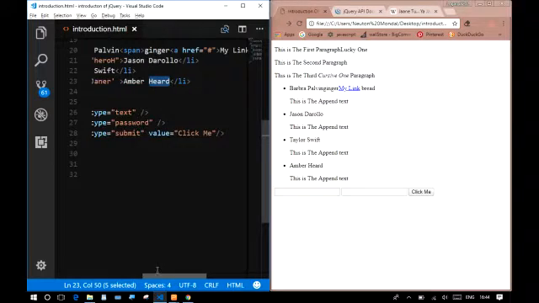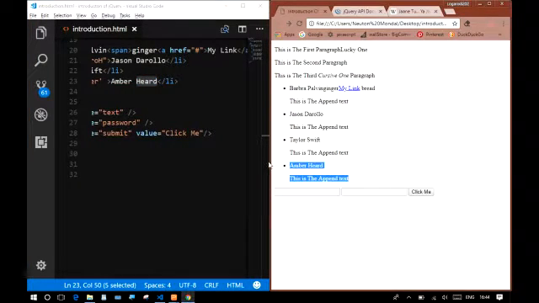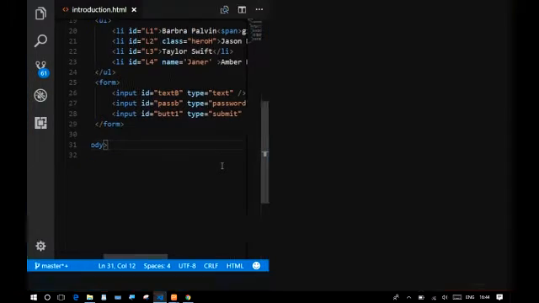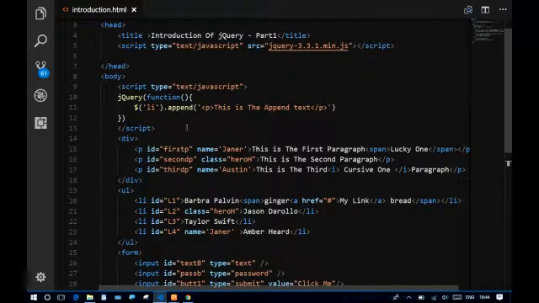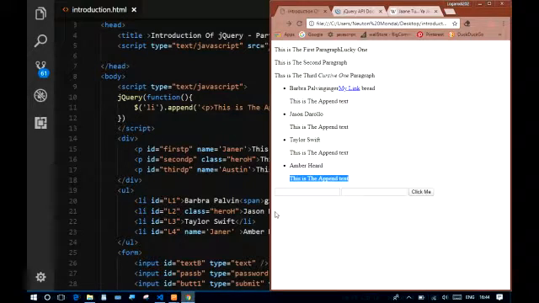Let's see the code. Yeah, this selects all the list and appends this text. Paragraph basically makes a paragraph and leaves the previous line and makes a paragraph. That's why this is appending below this. Okay,